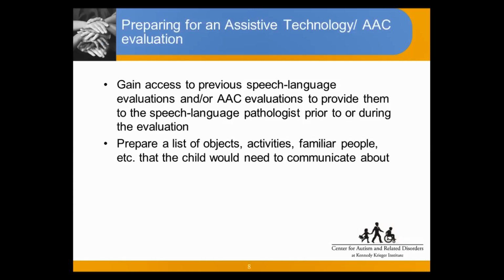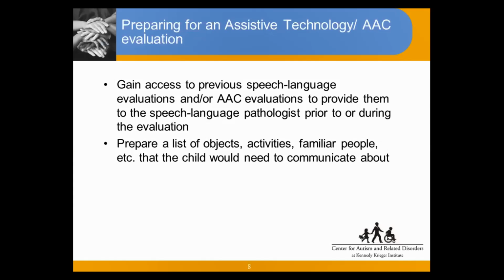Preparing a list of objects, activities, familiar people, things that your child really wants to communicate about would be really helpful to provide during an AAC evaluation. These evaluations are usually conducted in an unfamiliar environment with an unfamiliar person. So as much familiarity as we can provide to a child in the novel setting is what we would want to do. So having those toys or activities, or being able to tell the therapist what your child